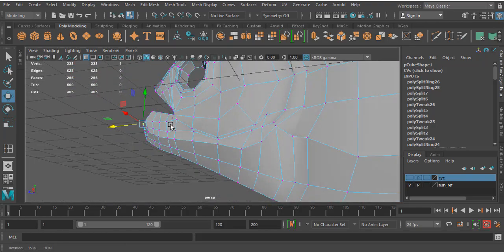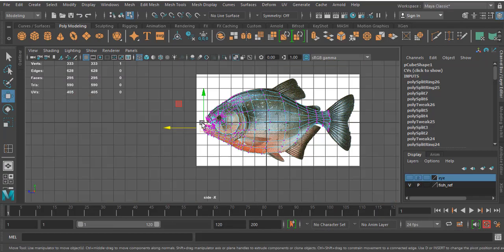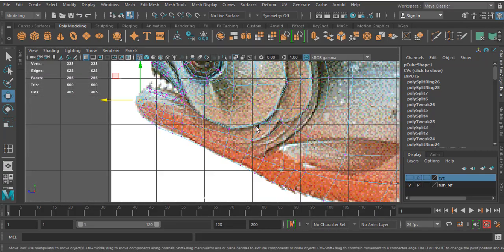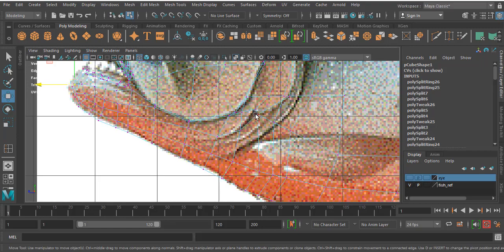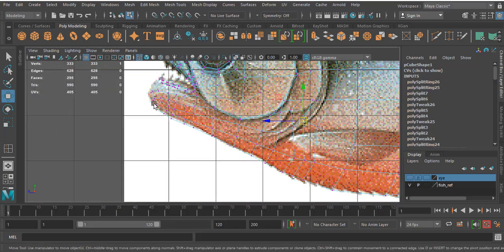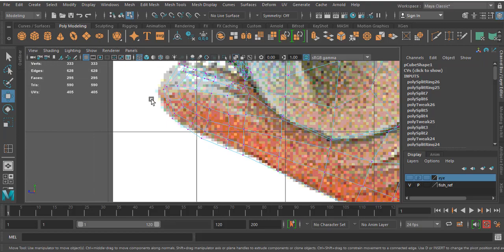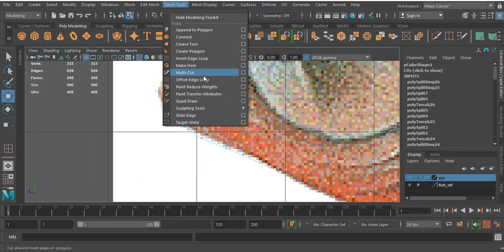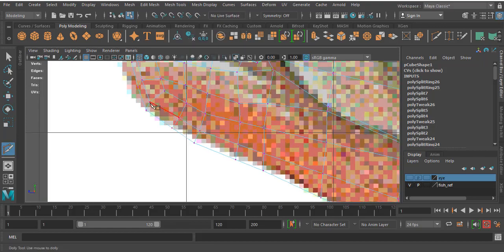So if I want to create one depth over here, you know what I will do? I will start from here. I'll go to multi-cut. I found one space over here. I'll click like this and join.